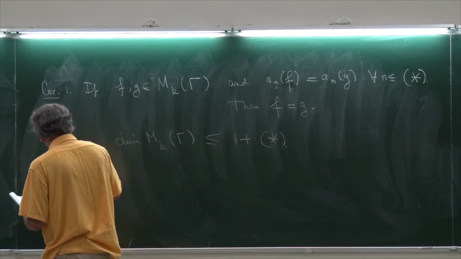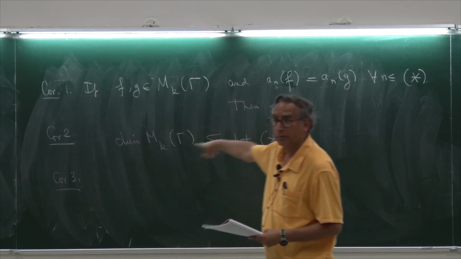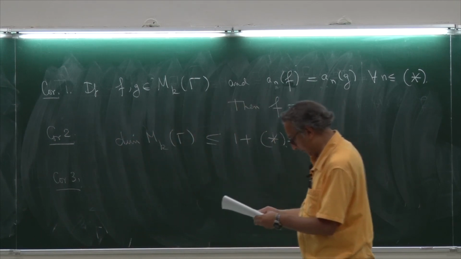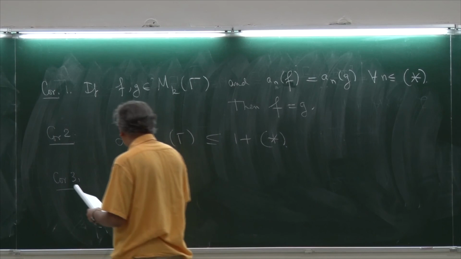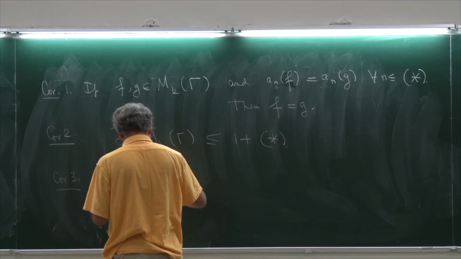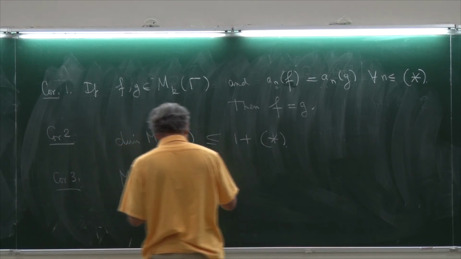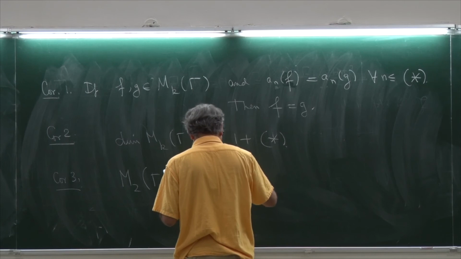In particular, I think the results using Sturm's bound and these inequalities are sufficiently strong to deduce that M2 of gamma naught of 2 is a one-dimensional space spanned by